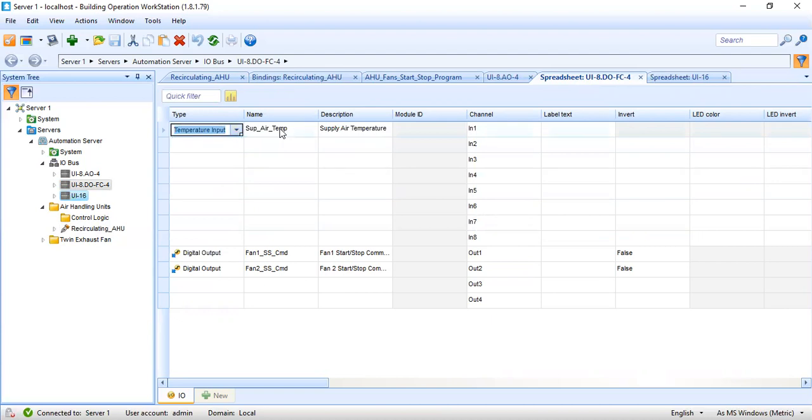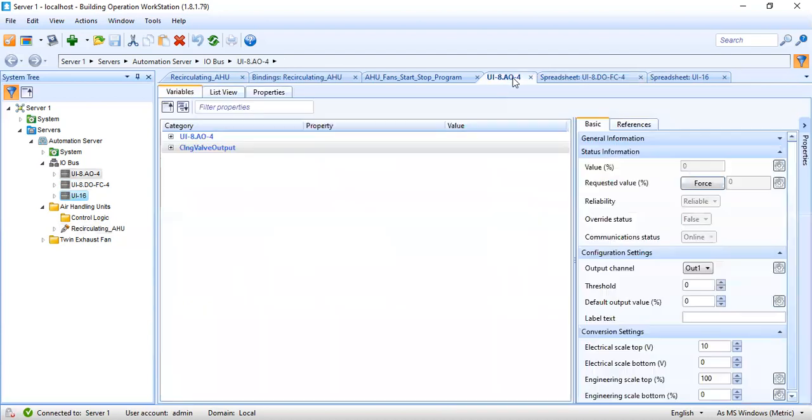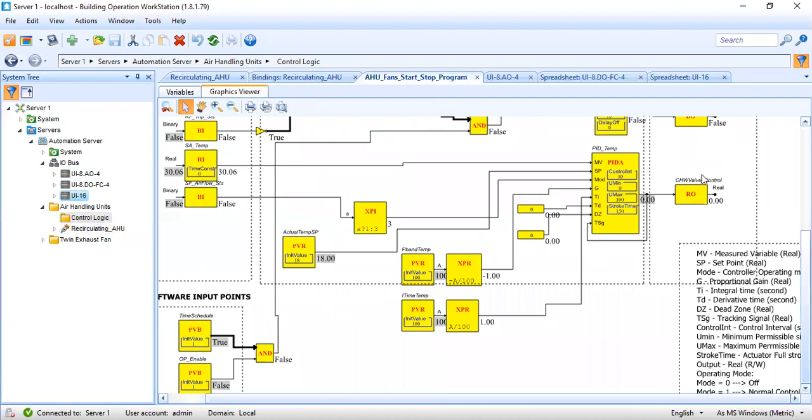Then I also added in my analog output 1 point, the cooling valve output. This controller uploaded in my DDC will control analog output channel 1 of my analog output IO module, so that this controller will give the 0 to 10 volt signal.